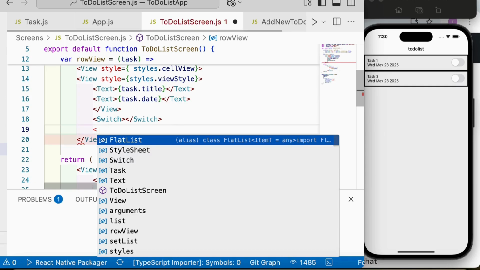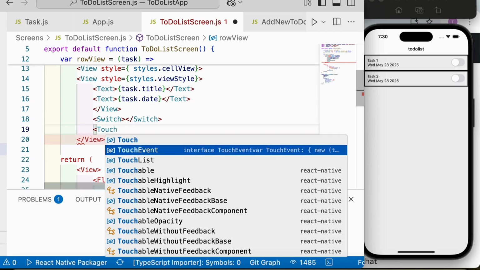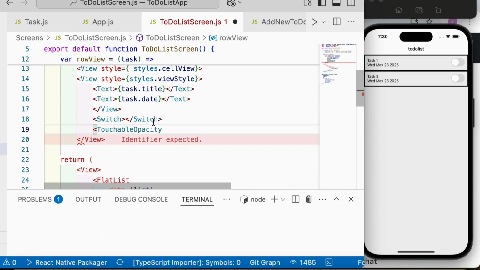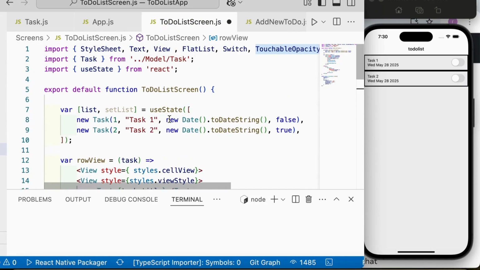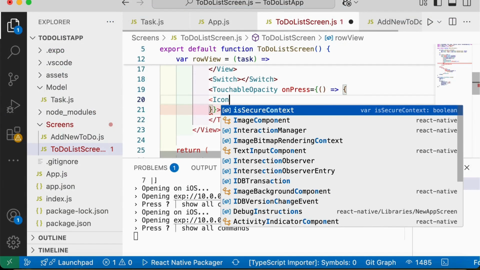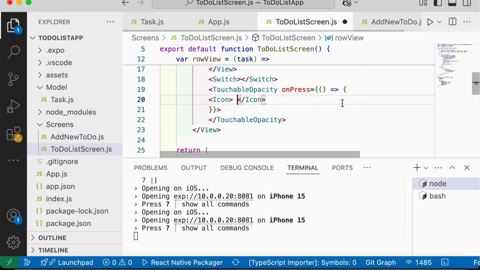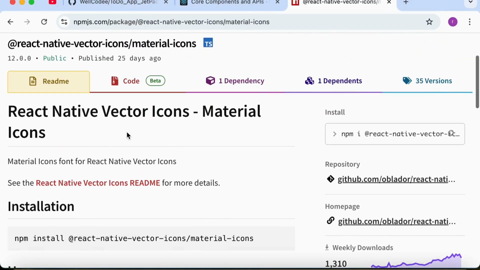So I will use touchable opacity. Touchable opacity is another React Native component that makes everything clickable. So touchable opacity should be imported. Here we go. And within this touchable opacity, I will use an icon. I can use an icon from React Native, but I would like to use a different icon from material icons,